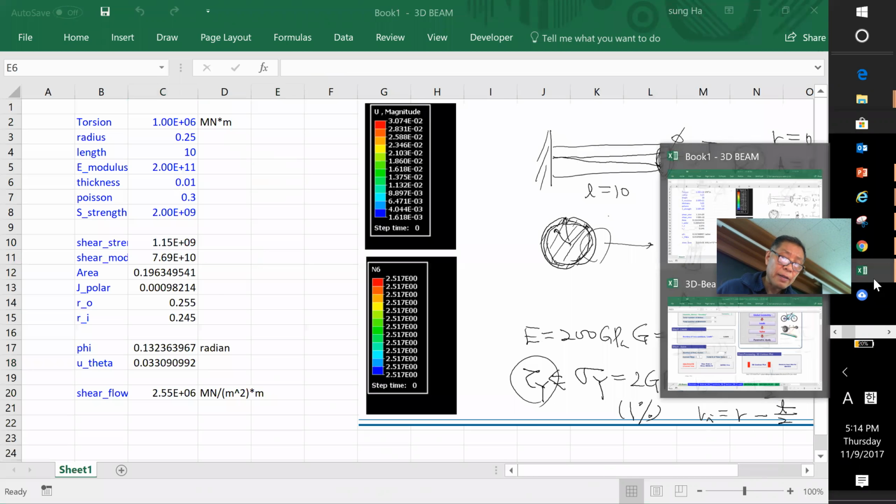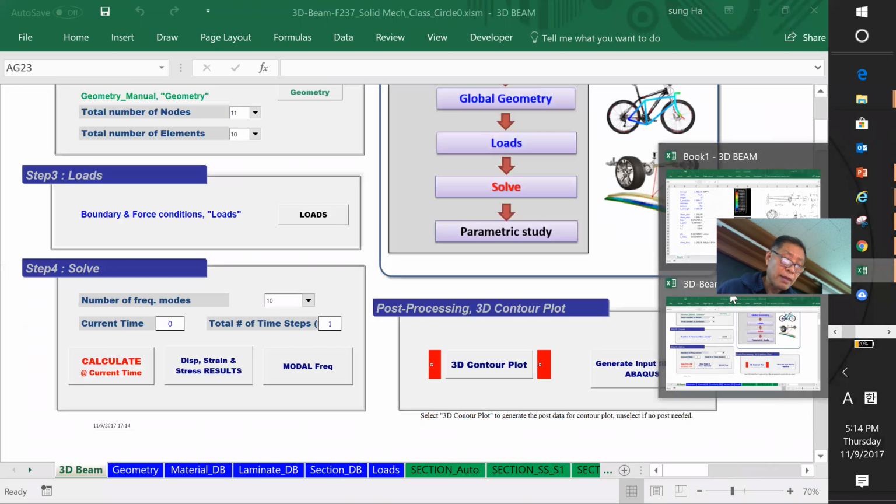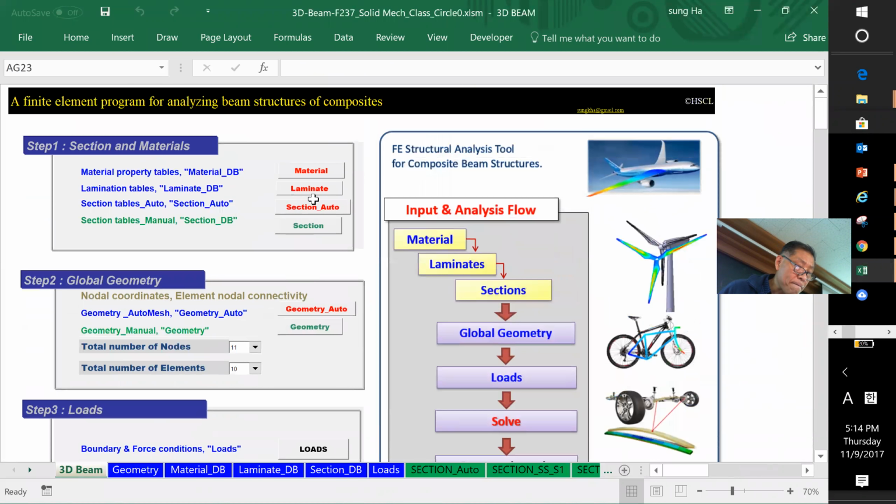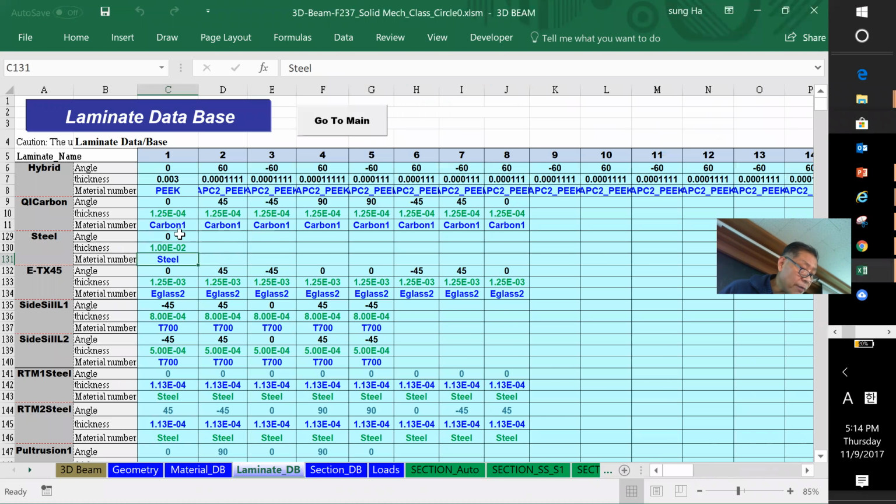I think the main reason is this laminate information. Just for the purpose of comparison, let's try to have a much thinner one, because the theory we are using is the thin wall shaft theory, right? So let's try to use this one, and then